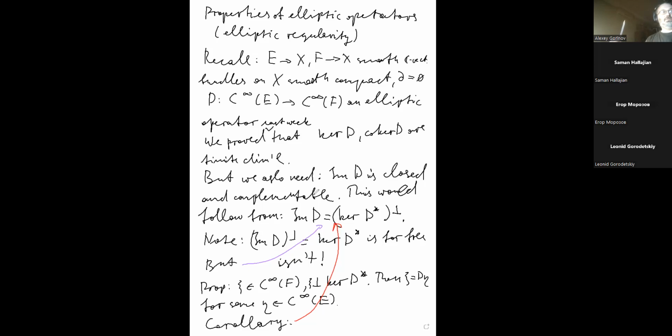But the kernel of D star is finite dimensional, and this is crucial. Every finite dimensional subspace of a Fréchet-Hilbert space is complementable, and the complement is